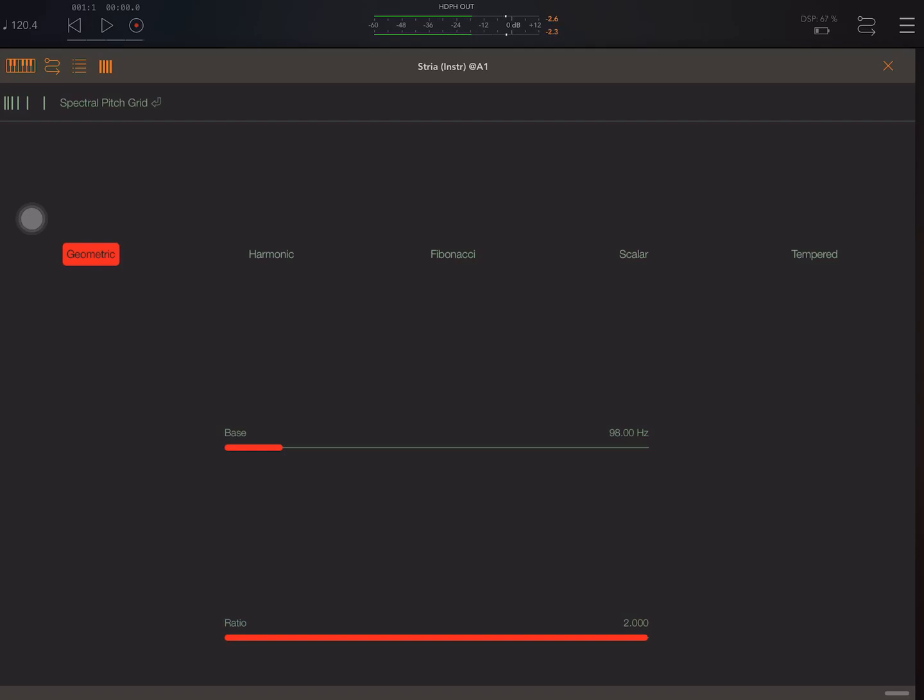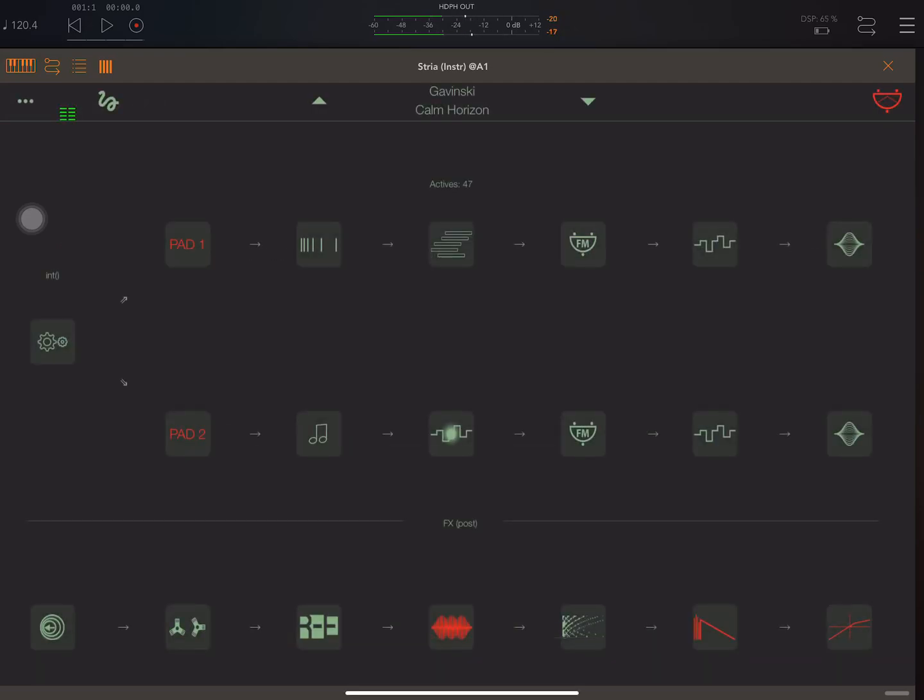So here, if we put a ratio of 2, that will correspond to a shift in octave. So basically the notes will increase. Let's say the first note is G on the second octave, then the second note will be G3, and the next note will be G4, and so on. But we could change this ratio, for example, if we put it as 1.5, then the notes will increase in perfect fifths,